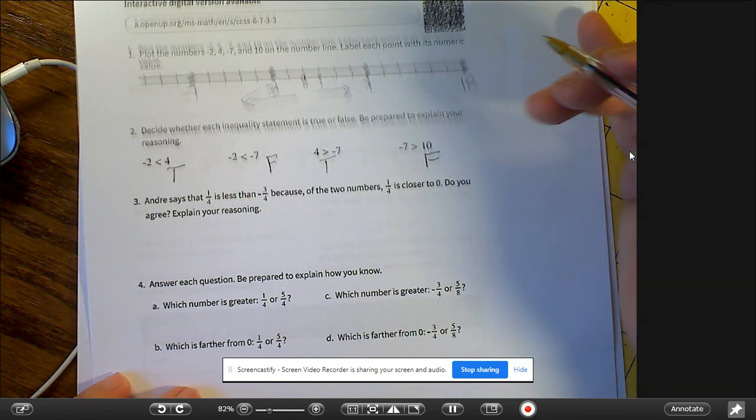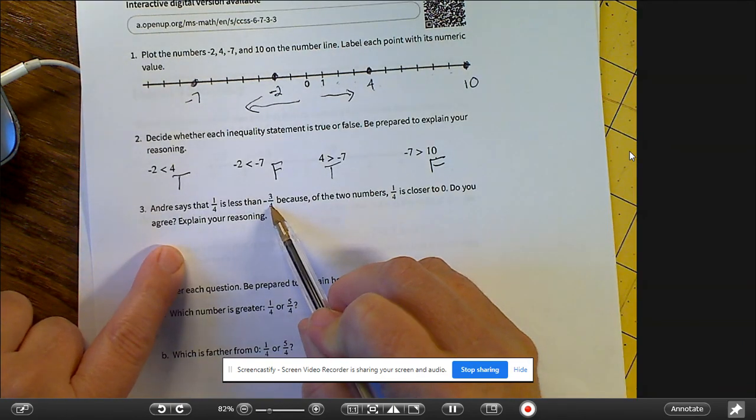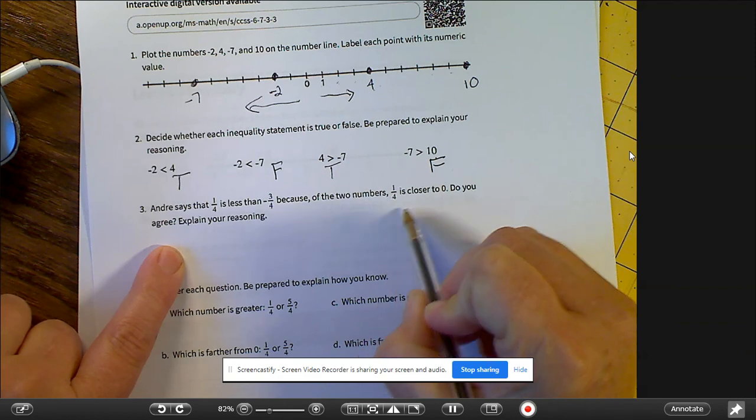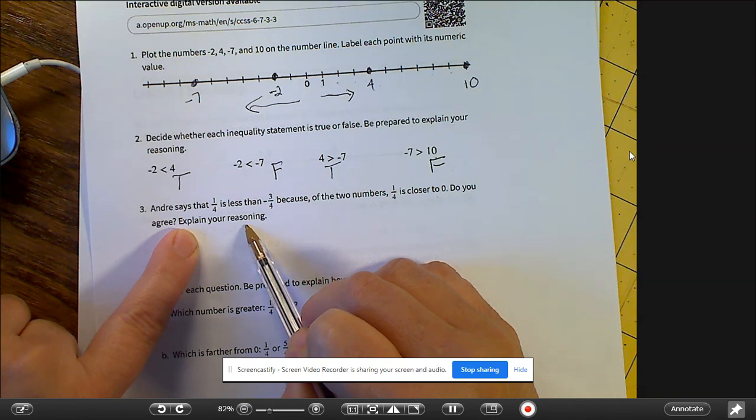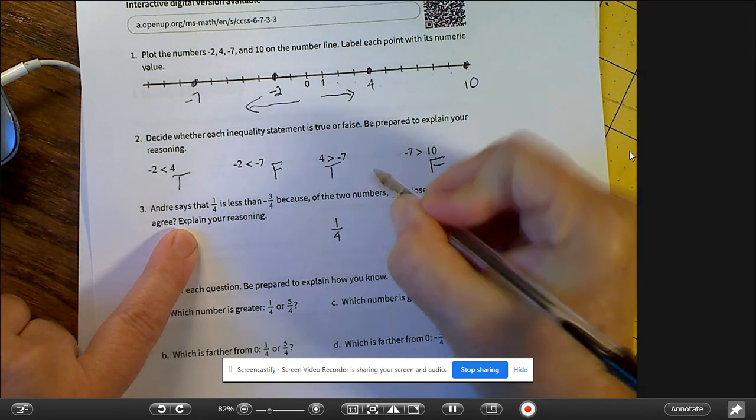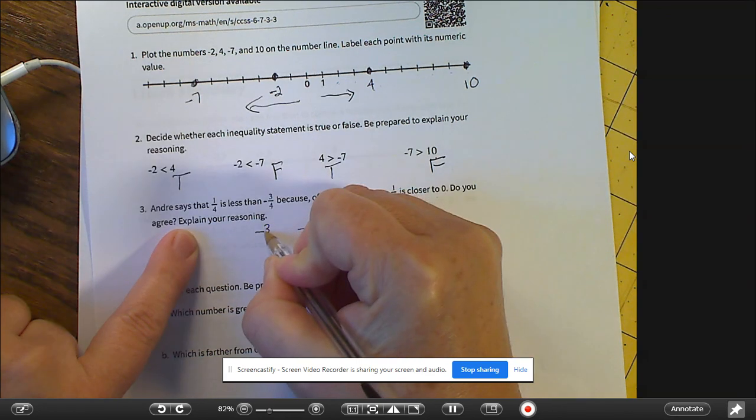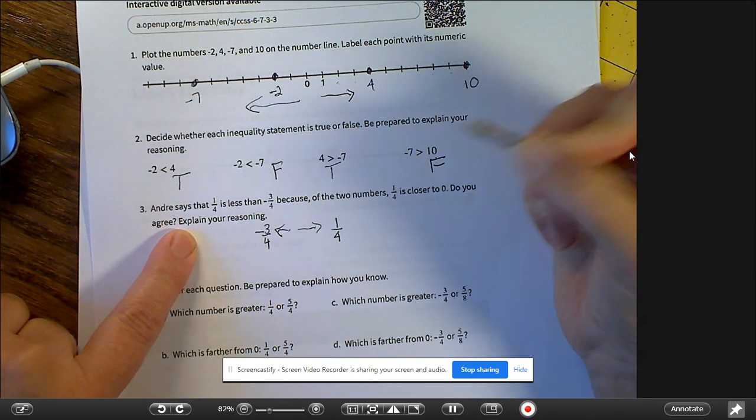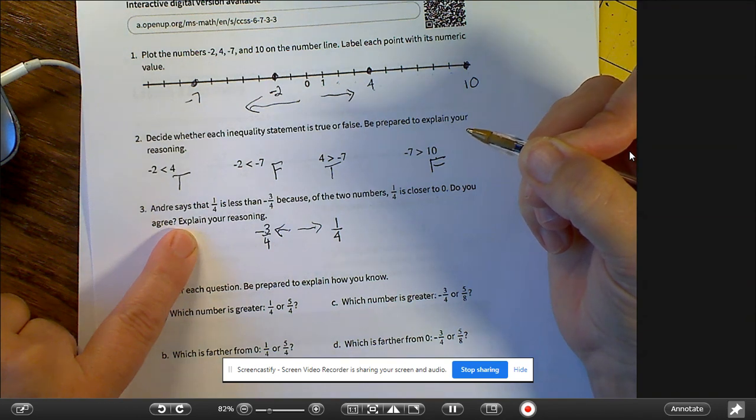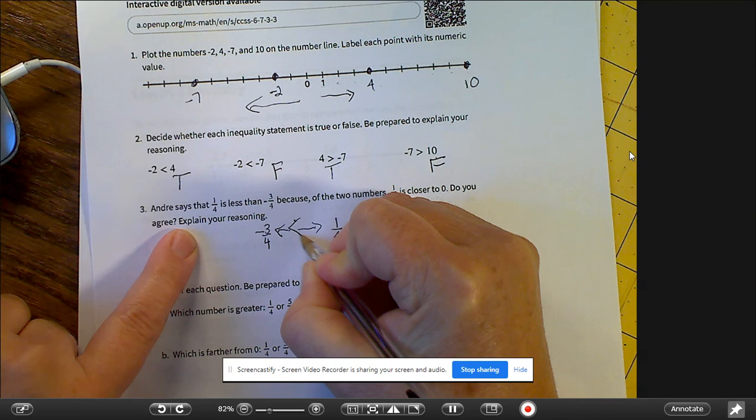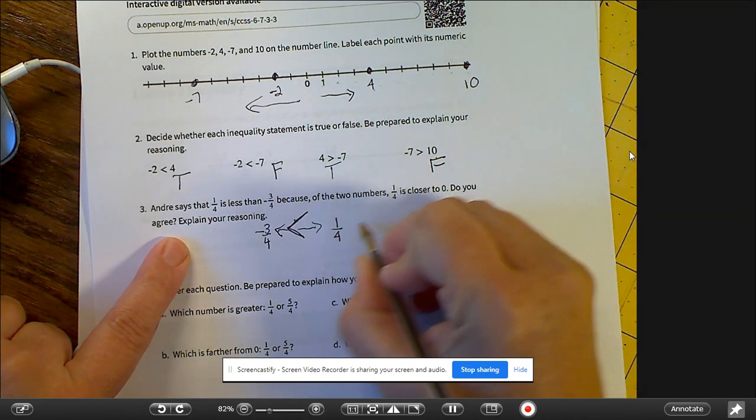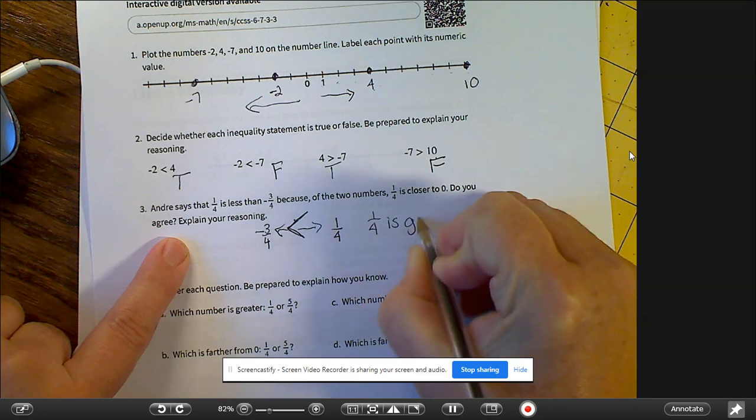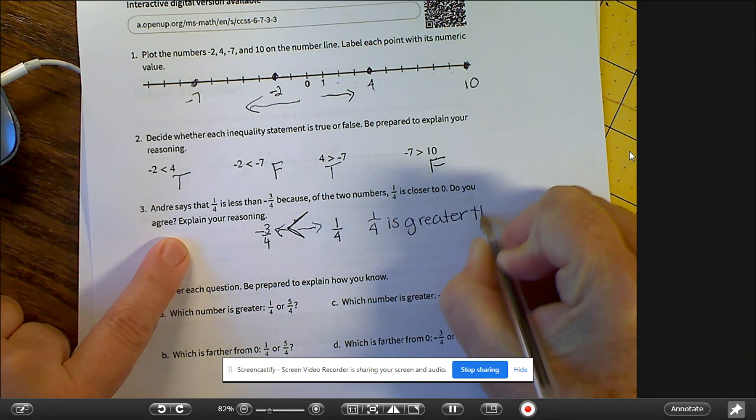Number 3, Andre says that 1/4 is less than negative 3/4 because of the two numbers, 1/4 is closer to 0. Do you agree? Explain your answer. Well, 1/4 is going to go to the right, and negative 3/4 is going to go to the left. So 1/4 is actually greater than negative 3/4. Not because it's closer to 0, but because it's to the right. 1/4 is greater than negative 3/4